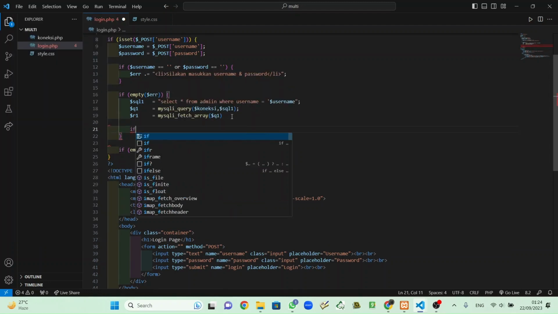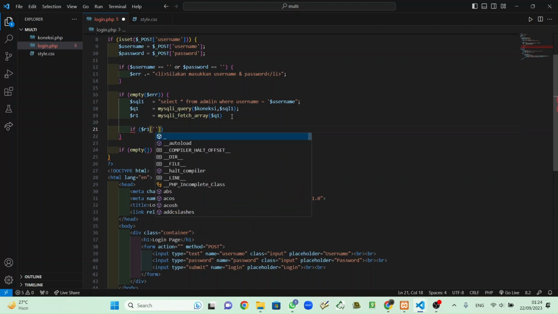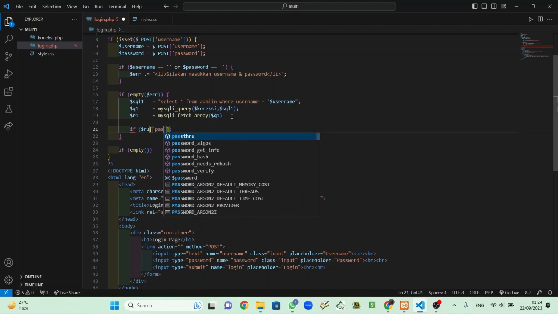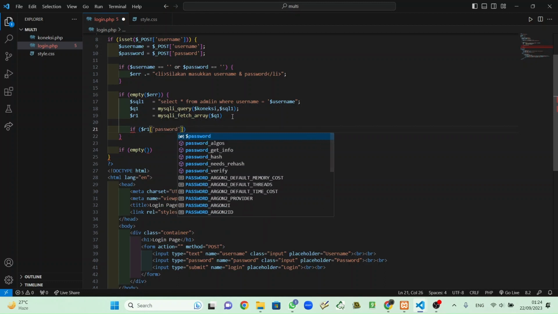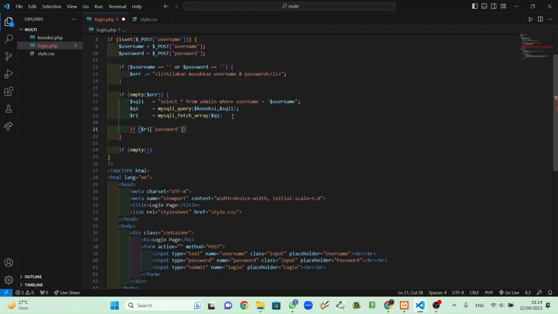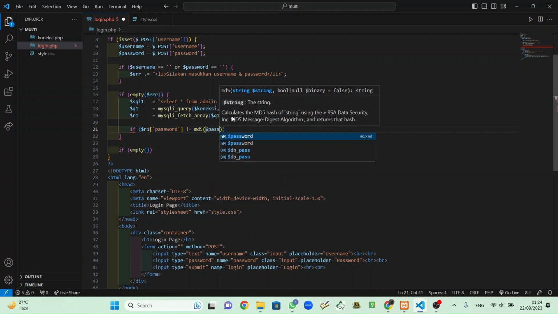Add inside here if, sorry, no, if R1 and inside R1 is password. Inside R1 is password. If the password is not the same with the MD5 password,